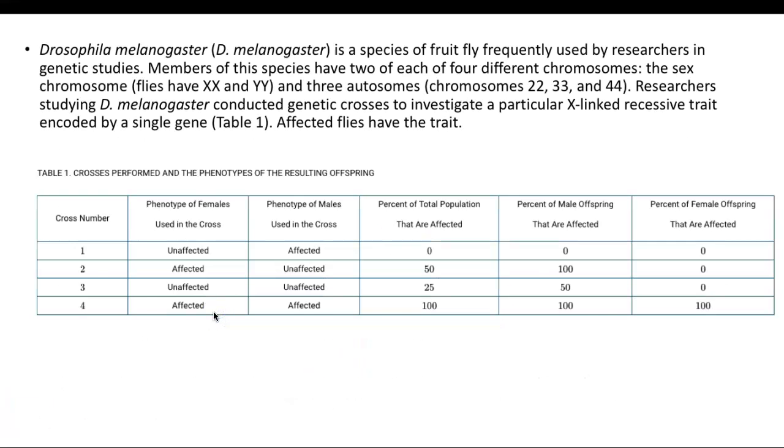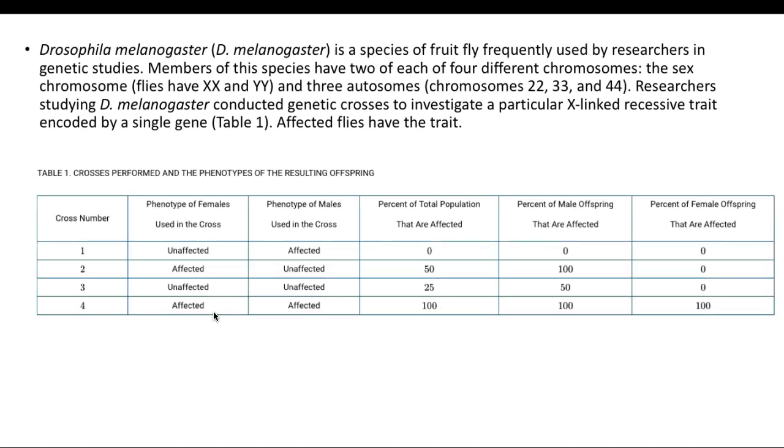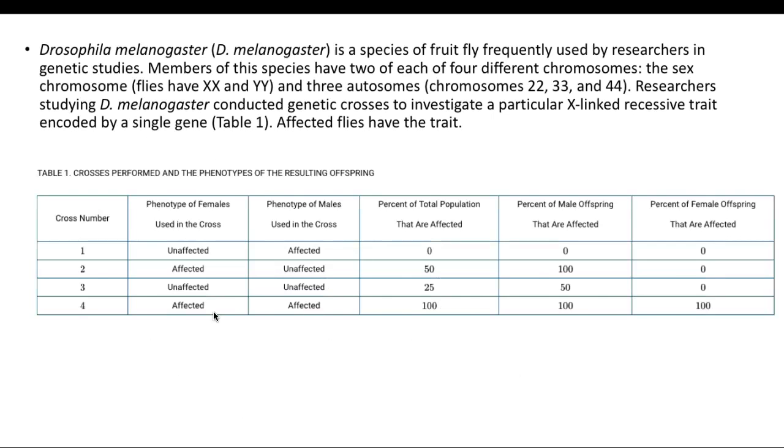Right, so if we look back here, they're saying an unaffected female and an affected male will always produce 0% affected males. That's not true because if she was a carrier, she could produce an affected male. So that's what I would say, that the hypothesis isn't valid because if she was a carrier,